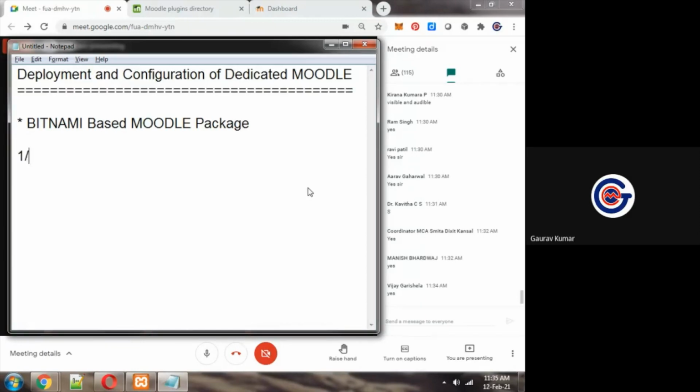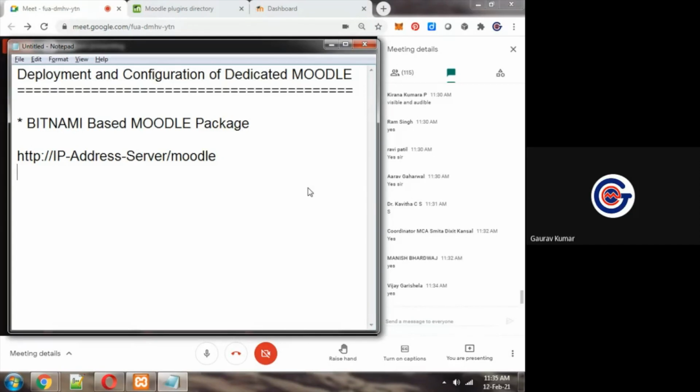Suppose the IP address of that system is 1.1.1.1, whatever it is. Suppose this is the IP address, 256.1.1.1/Moodle, or whatever IP address it is. Suppose this is the IP address of the server. Then it will be accessed in intranet by this.